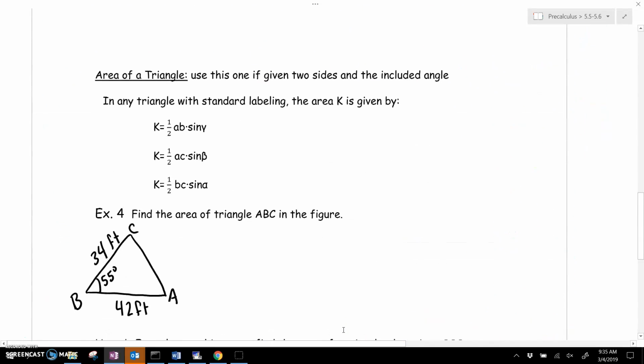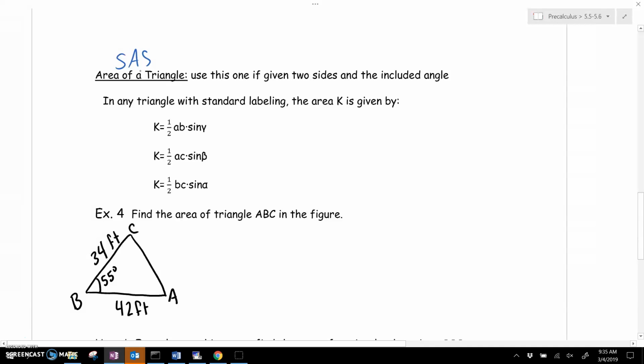we're going to talk about how you can find the area of a triangle given either side, angle, side, or side, side, side. So the situations where you can use the law of cosines, you can also actually find the area of that triangle. There's two different ways though. So if you're given side, side, or side, angle, side. So the first situation is side,